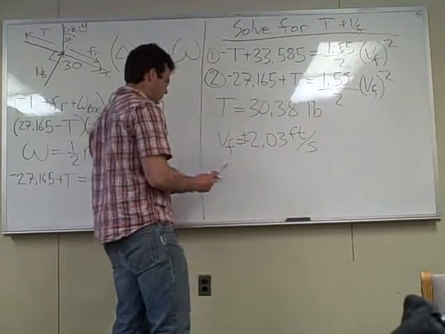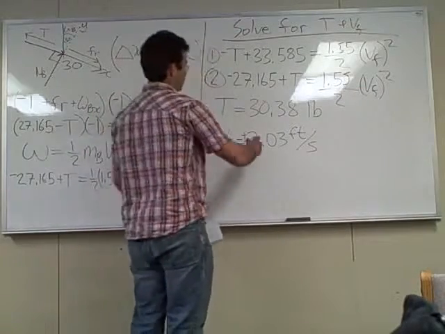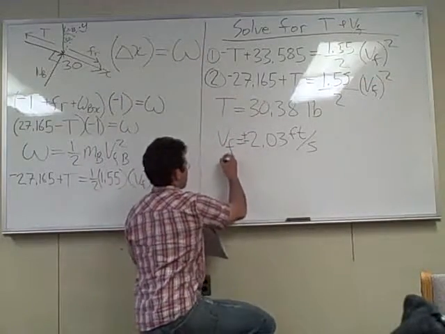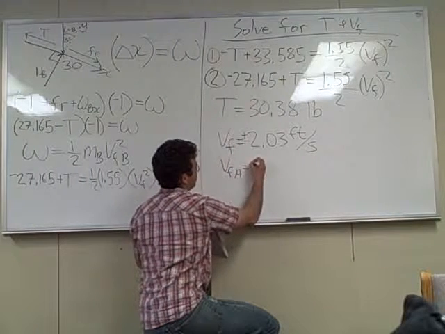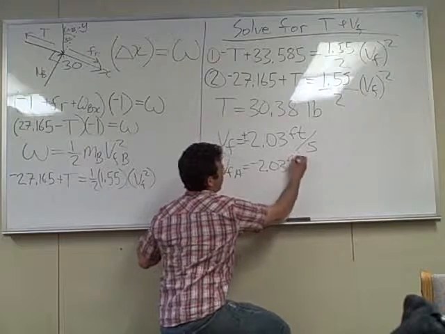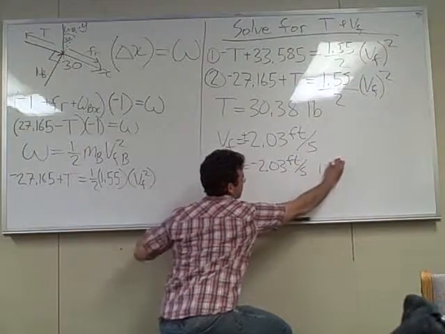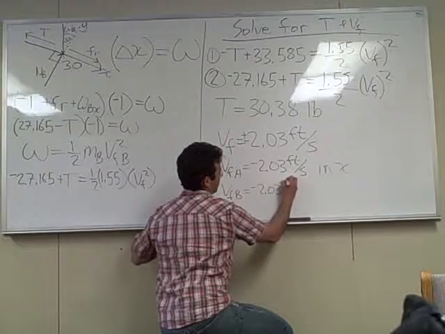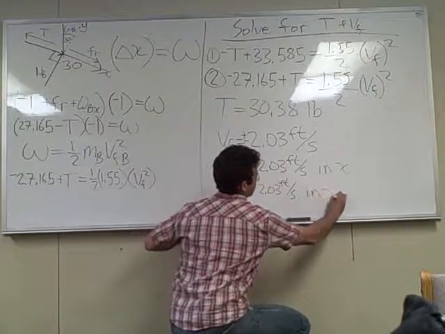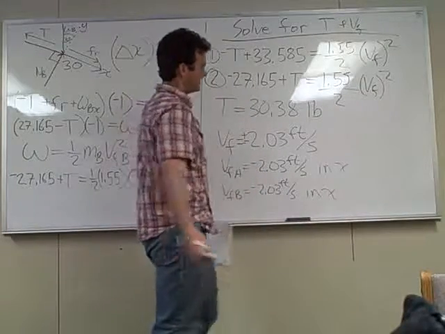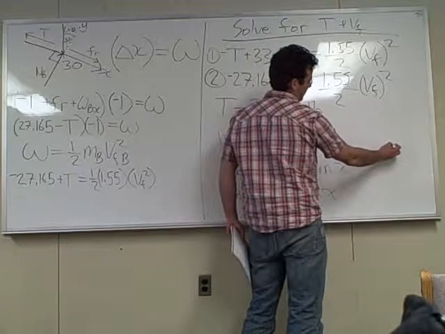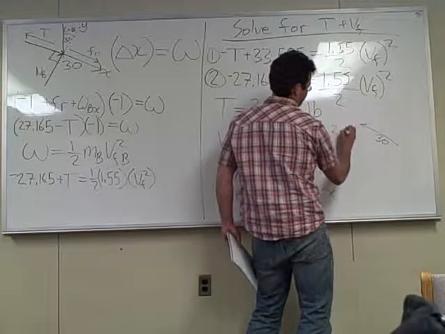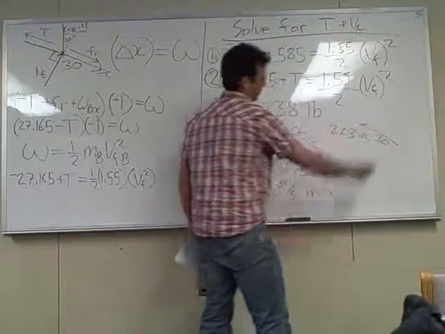And in this case, once we go back to our diagrams and figure out what direction this block is moving, we see that in both cases, the final velocity of A equals negative 0.203 feet per second in X, and the final velocity of block B equals negative 2.03 feet per second in X. You could also draw that, instead of using a negative sign, you could just use maybe some sort of an arrow pointing at 30 degrees, and so you'd have 2.03 at 30 degrees, and